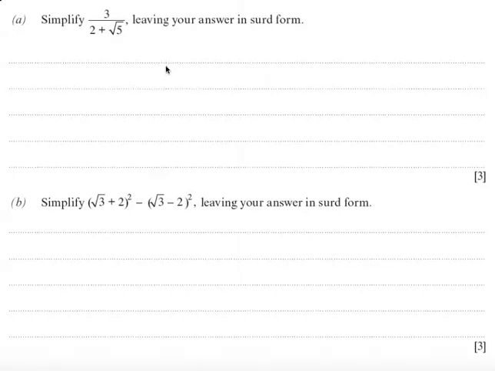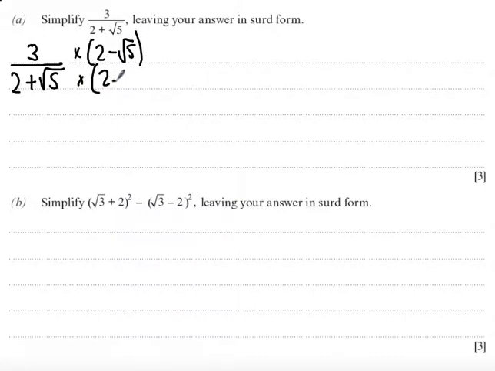Simplify 3 divided by 2 plus root 5, leaving your answer in surd form. Okay, so essentially we're rationalizing the denominator in this question, 2 plus root 5. I want to multiply top and bottom by the conjugate, so 2 minus root 5 times 2 minus root 5,